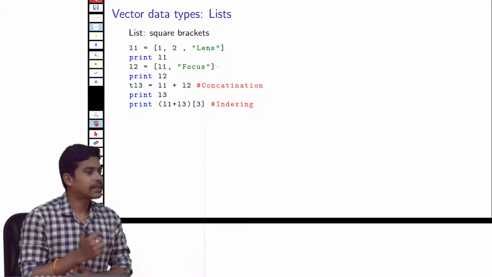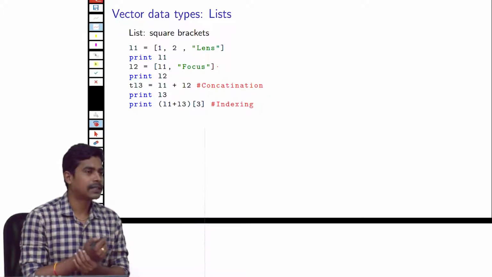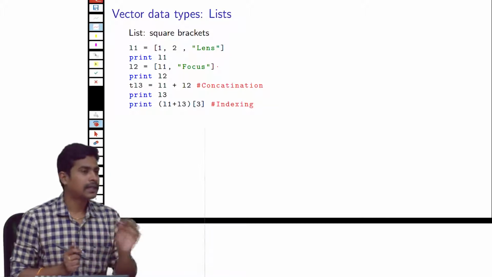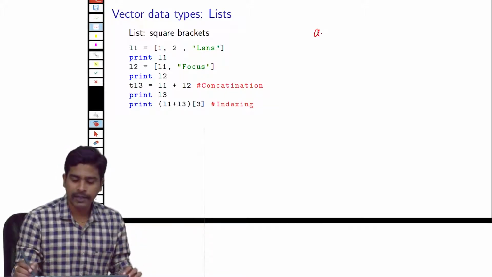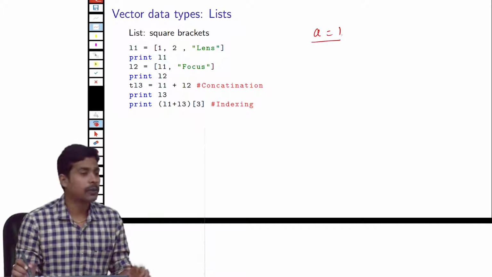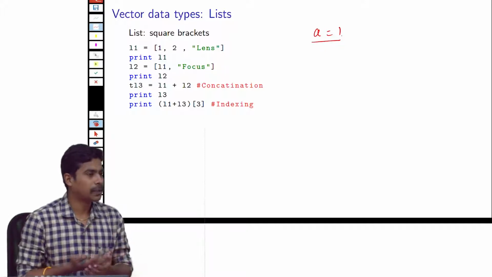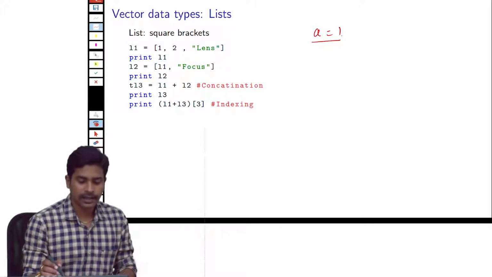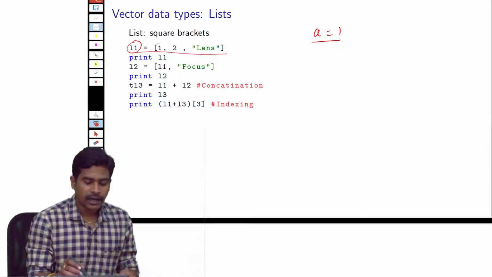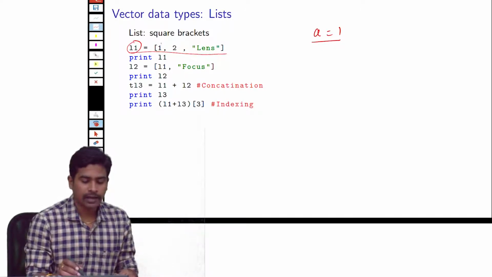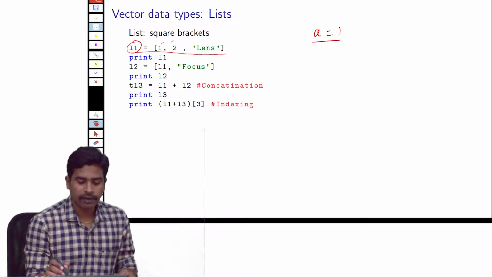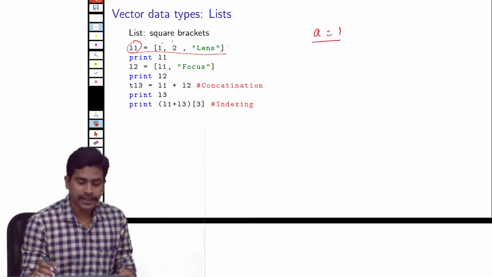So in the previous lecture we have seen variables, for example integers, floats or boolean values, but they are single values. So for example, if we say a equals to 1, so a can store only a value 1. So if you want to store multiple values, for example multiple integers or multiple floats, there is something called lists in Python. So this is the syntax for a list in Python, where this is the name of the list, and the list opens with a square brace, and then all the values are separated by commas, and finally we have to close the list using a closed brace. So this is the syntax.